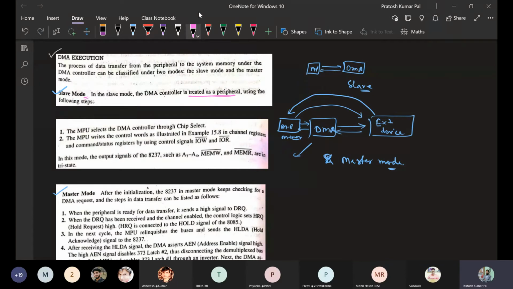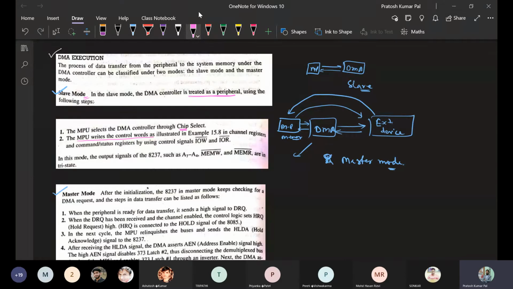So here there are different steps. In this mode, the microprocessor unit selects the DMA controller through the chip select. So the first step is that the microprocessor selects the DMA controller through the chip select signal. Once the chip select signal is activated and the DMA controller has been activated, the microprocessor writes some control bits to the DMA controller.